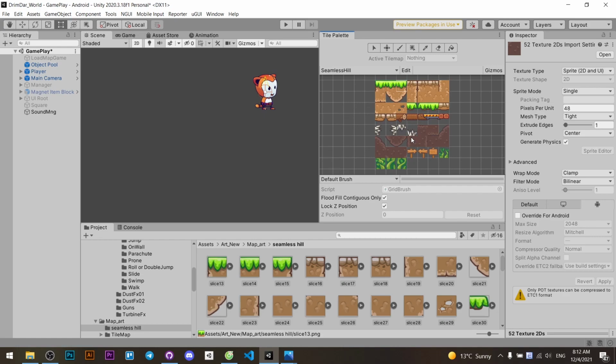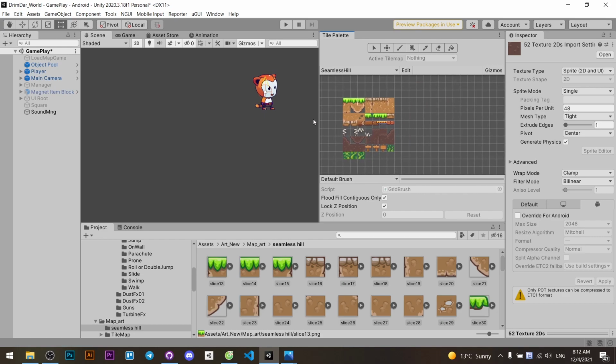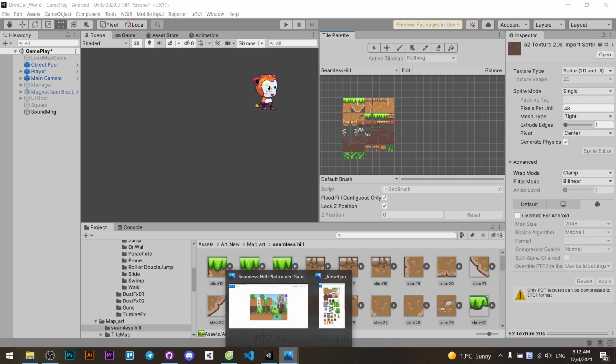After adding, everything is in the wrong place, so I will reposition them.